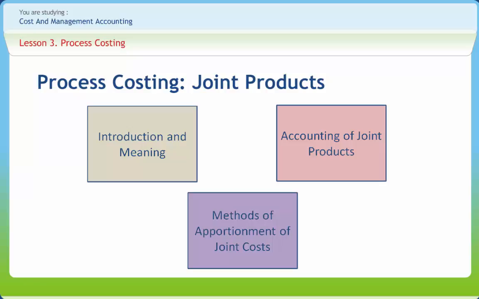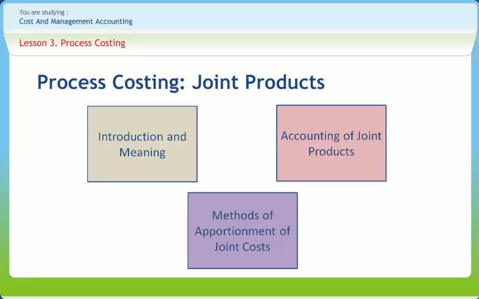Under the physical unit method, a physical base such as raw materials, volume, or weight measures is considered for the apportionment of pre-separation joint costs to the joint products in order to know the cost of joint products. Under the survey method, all the important factors such as volume, selling price, and technical side which affect the costs are ascertained by means of an extensive survey. Points or values are given to the individual products for apportionment of joint costs before separation. These ratios are subject to production and